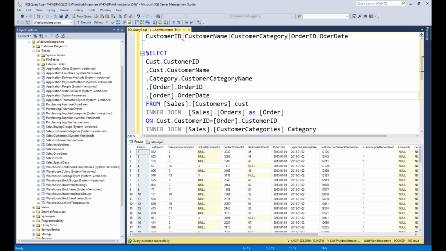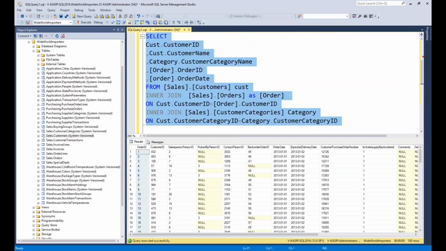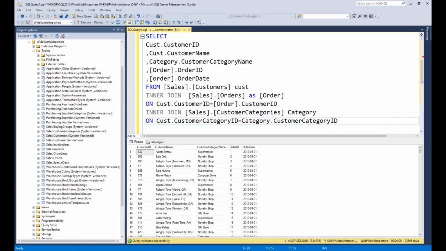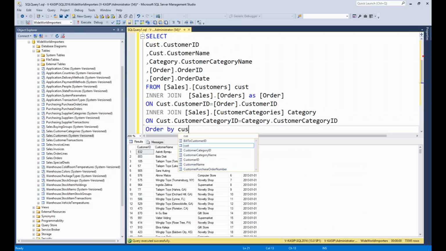Okay, perfect. And I want to see each customer's orders, so order by customer ID, comma name.